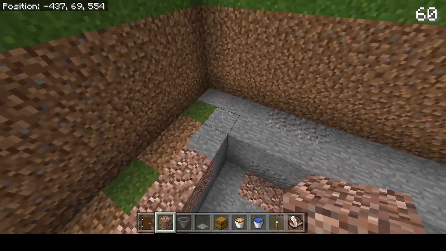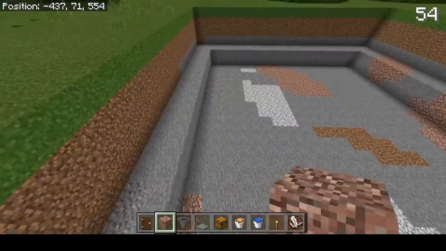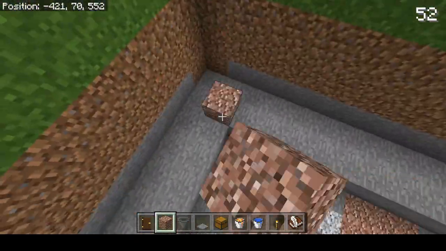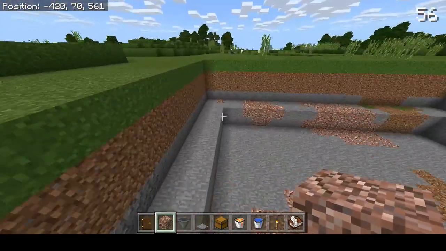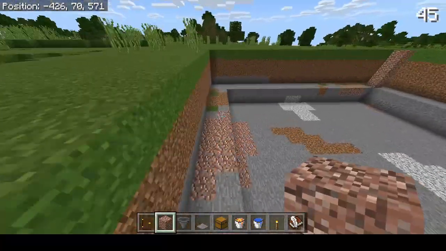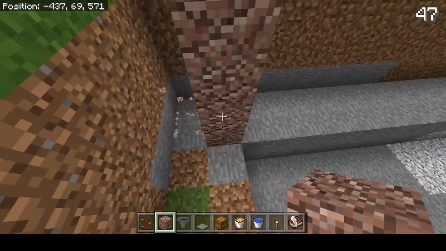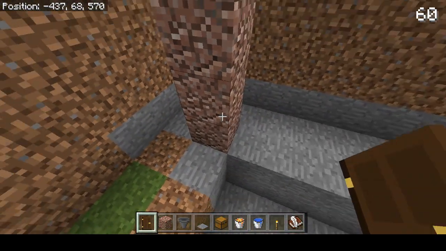Anyway, the next step is to build up these blocks in the corners by 4. 1, 2, 3, 4. So do that in each of the corners. And the last one over here. 1, 2, 3, 4. Now you need to get your 64 doors and place them 8 away from each of